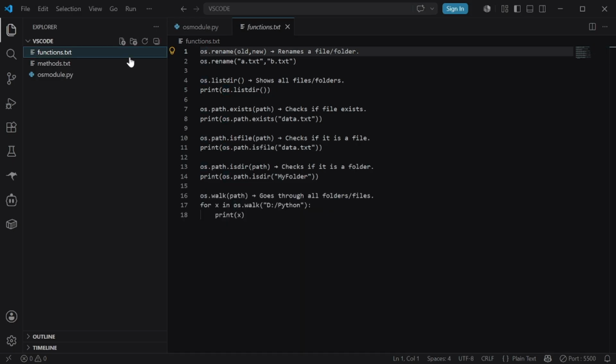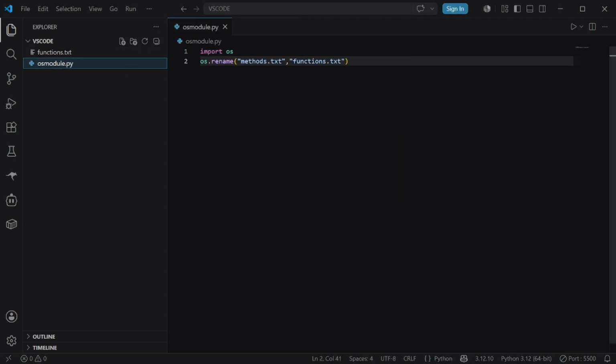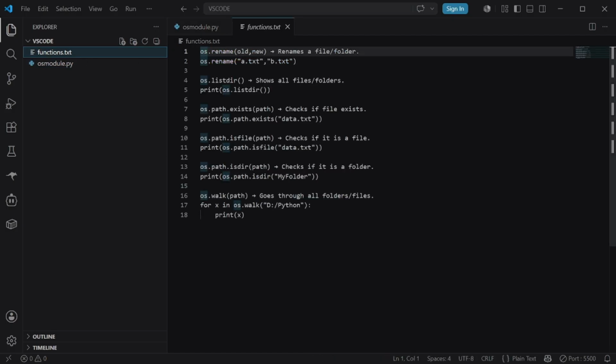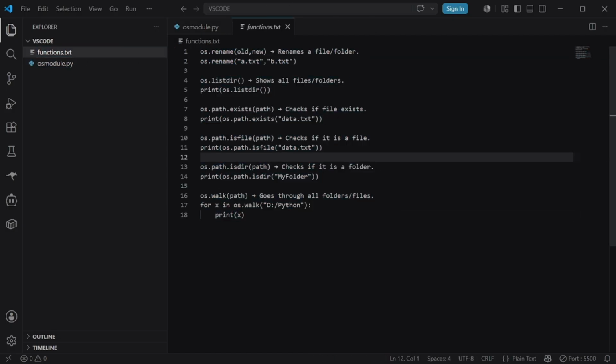Actually I saved this file, that's why the old one is not deleted yet, so I will delete it from here. You have to click don't save. Now this file is created with all the content, with the name functions.txt, as you can see. Now let's go towards our other method, that is